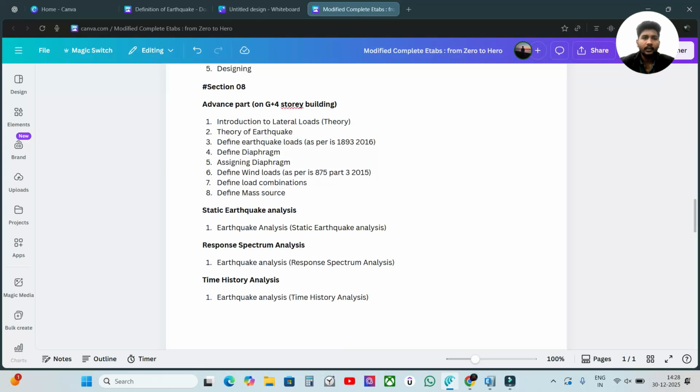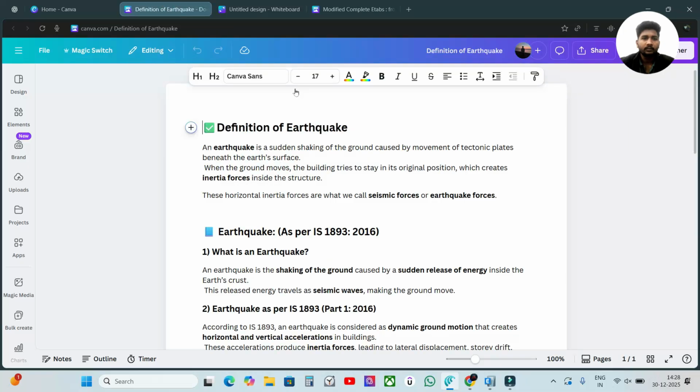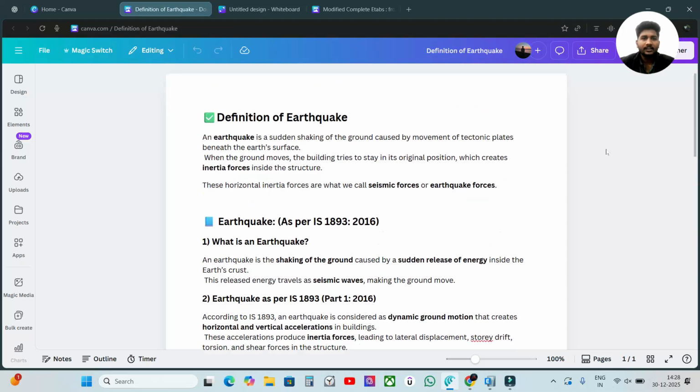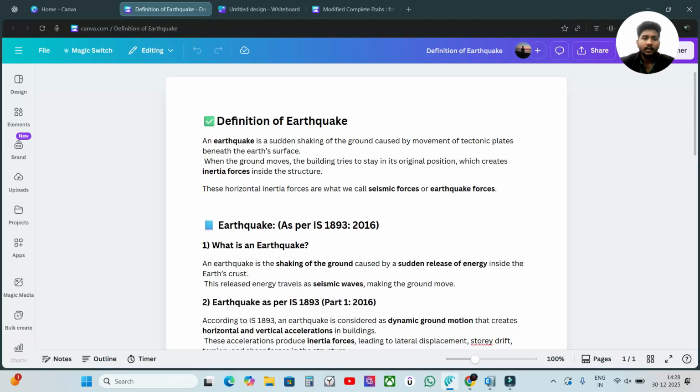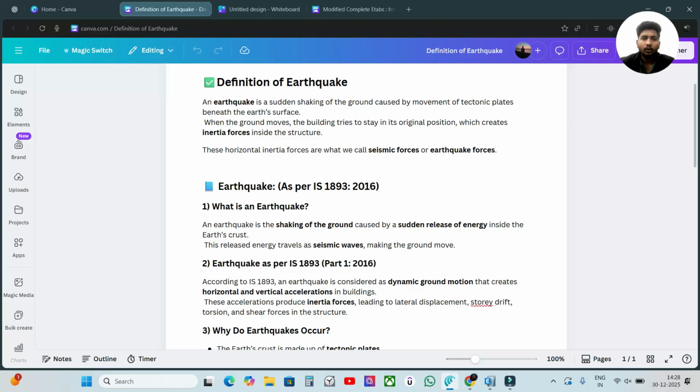As we have seen the theory of the lateral loads, now we see what an earthquake is, the theory of earthquake. So first of all, we'll see the definition of earthquake. An earthquake is a sudden shaking of the ground caused by the movement of the tectonic plates beneath the earth's